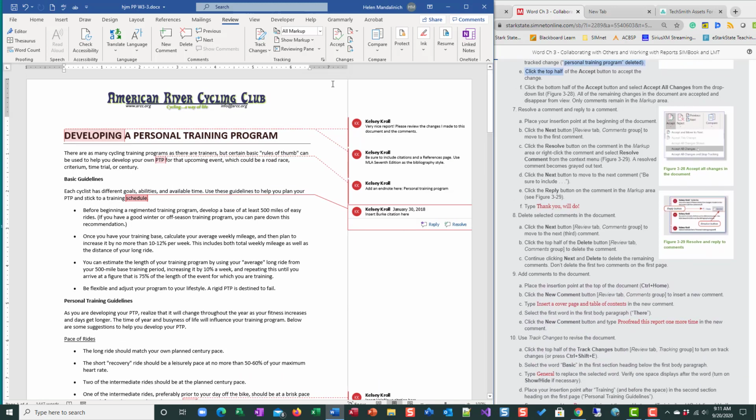So now we're going to resolve a comment. We're going to put our cursor in the beginning of the document, so Control Home. And in the comments group, we're going to do next. It's going to take us to this first comment, and we want to select resolve, which means you took care of whatever they were commenting. So that comment is resolved, so it is grayed out. It's still there. You can see what the comment was,